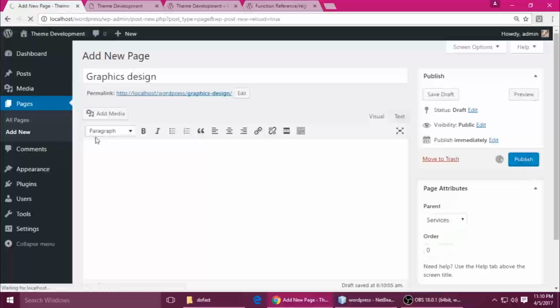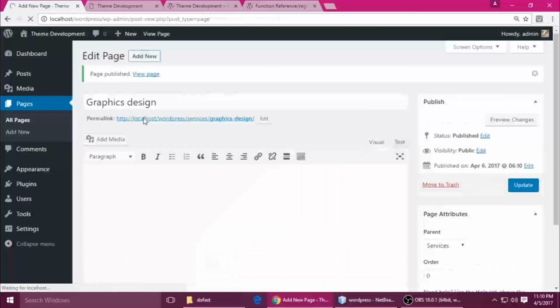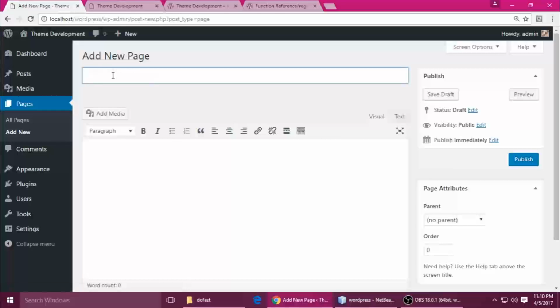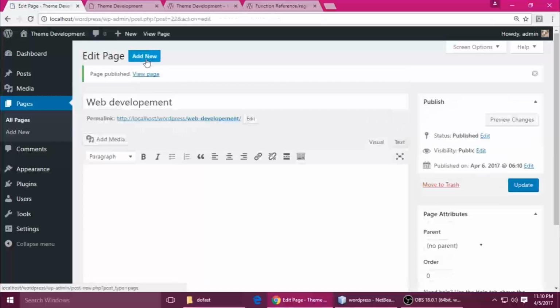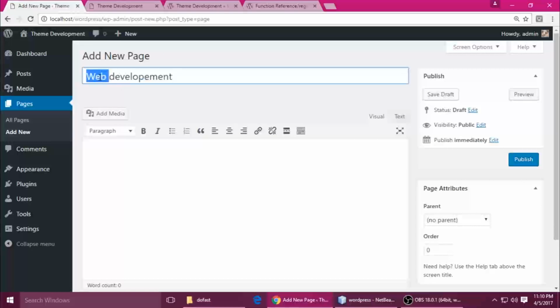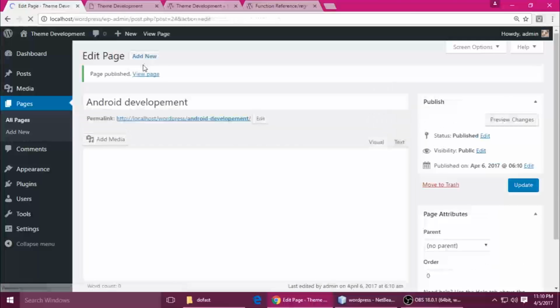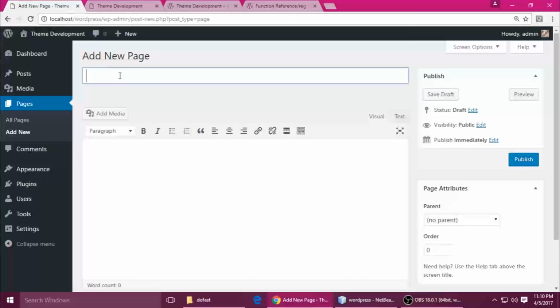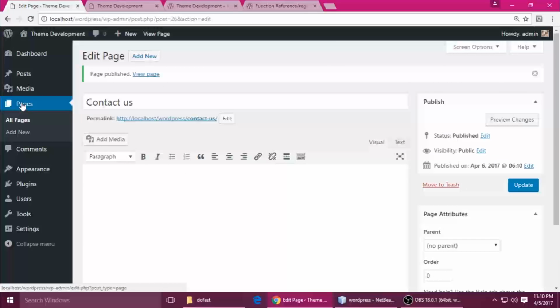Publish. Add new, web development, publish. Add new, Android development, publish. Add new, contact us. These are the pages we have created. So go to all pages.